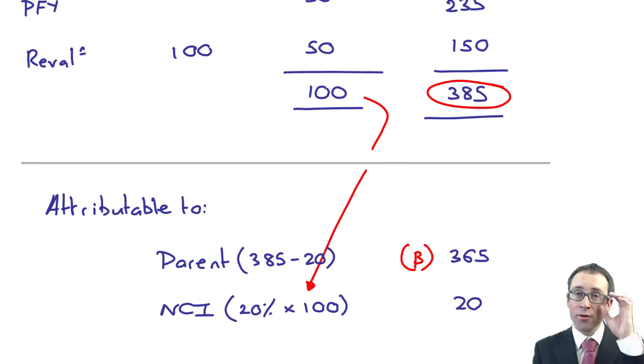Okay. Work through the example again. We don't really touch upon profit or loss that much. We will build it up as we go along where we see it. But for the time being, make sure you're happy with the fundamentals of that example, because if you can't do that example, you're really going to struggle as we then introduce more complex aspects of group accounts as we progress through the syllabus. So take a bit of time out